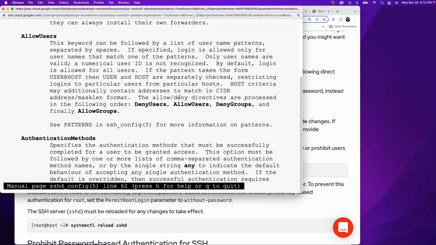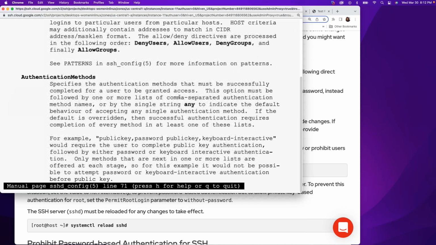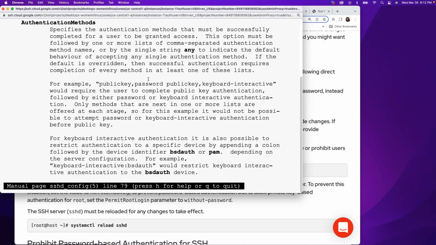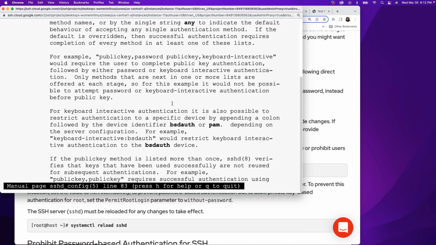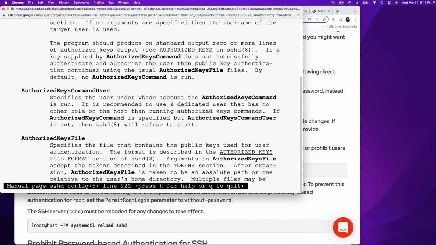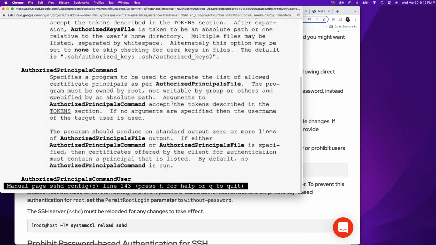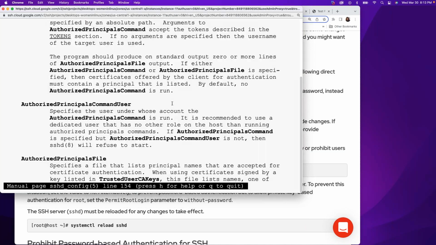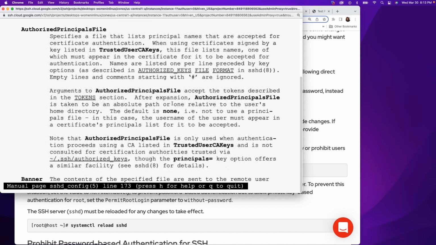Allow users, what kind of different methods you want to use, whether you want to use a public key or password, whatever. So you have different things that you can do with your configuration file for SSH on how someone can access the box. As well, you don't have to use local